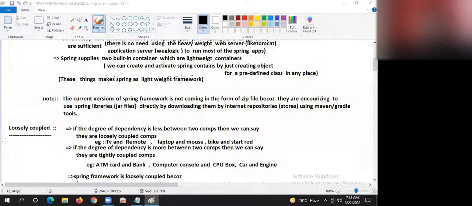Loosely coupled, guys. If the degree of dependency is less between two components, then they are called loosely coupled. If more, then they are called tightly coupled.